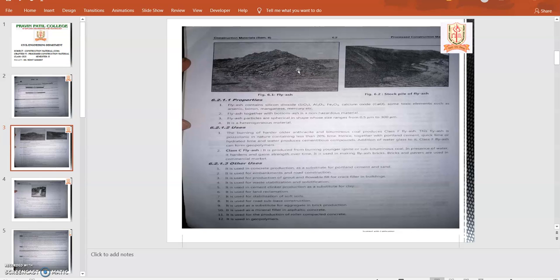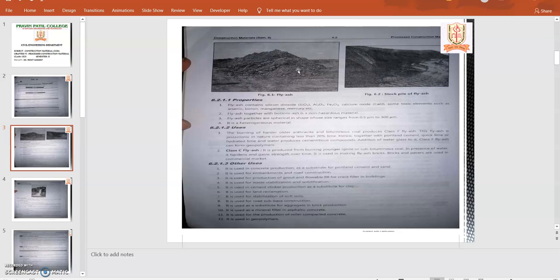These bricks are lightweight and can be utilized for the construction of partition walls. In some malls also we observe these fly ash bricks being utilized. In paver blocks also fly ash can be utilized, and fly ash increases the binding property. It also gives good strength to the concrete block.